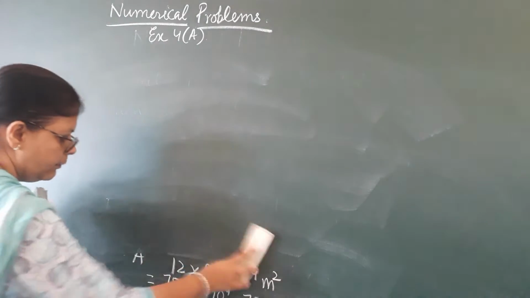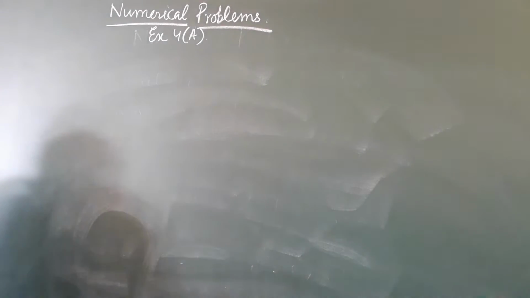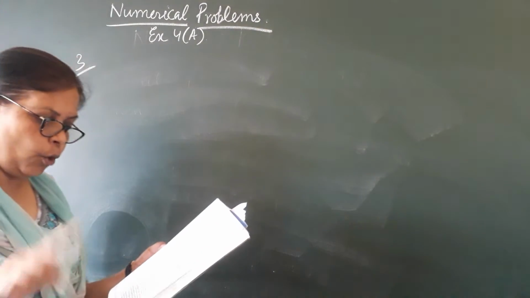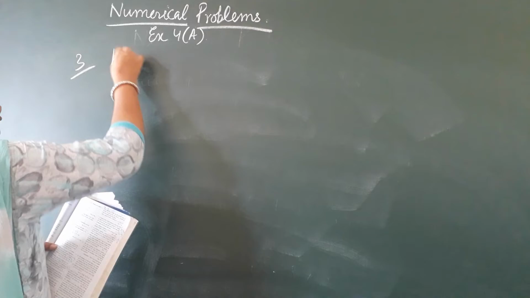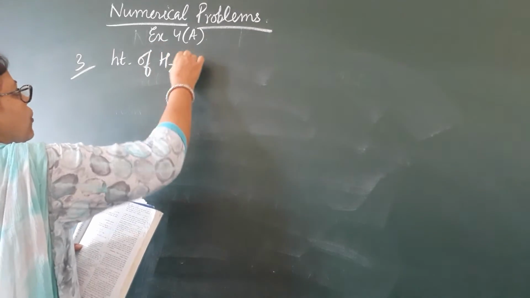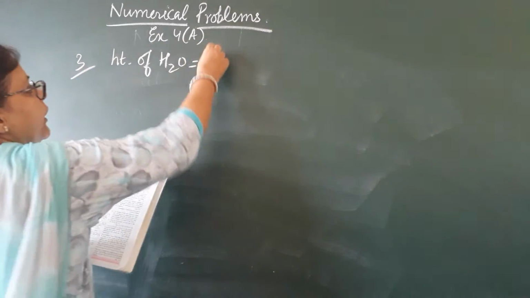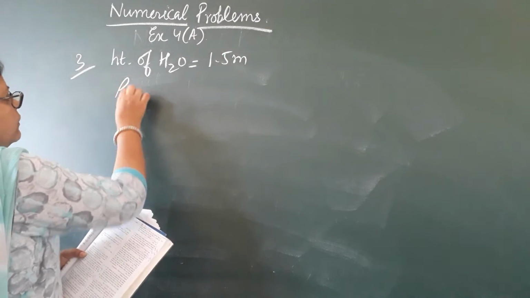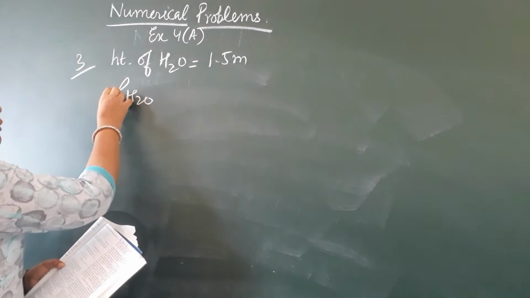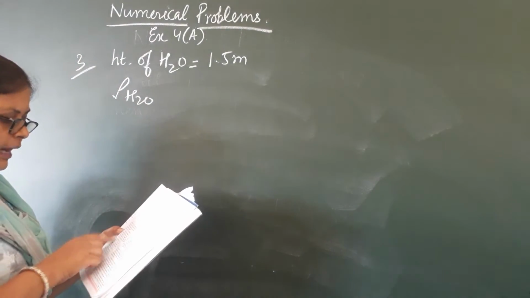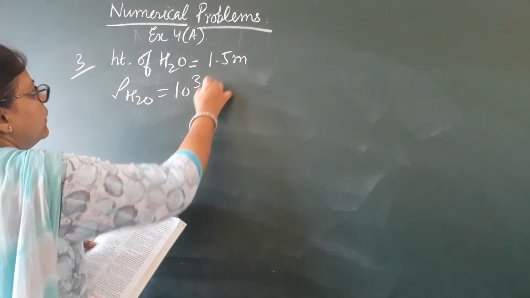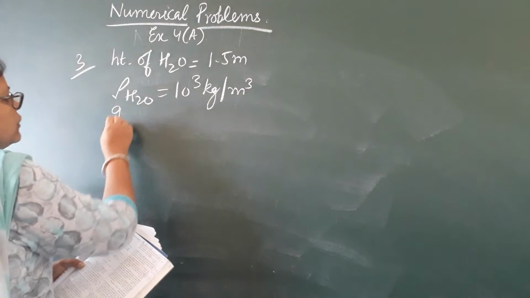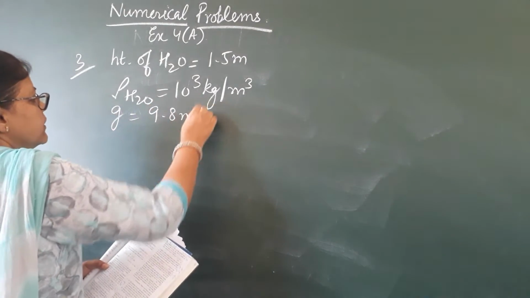Now in the third numerical problem, what all is given? Let us read. It has been given that you have a vessel which has water up to a height. So the height of water in the vessel is 1.5 meters. This is given to you. What else is given? The density of water. You know, density is denoted by rho. If you remember, I have taught you. So that is 10 to the power 3 kg per cubic meter. This has been given. The value of density is given. And the value of g is also given, 9.8 meters per second square.